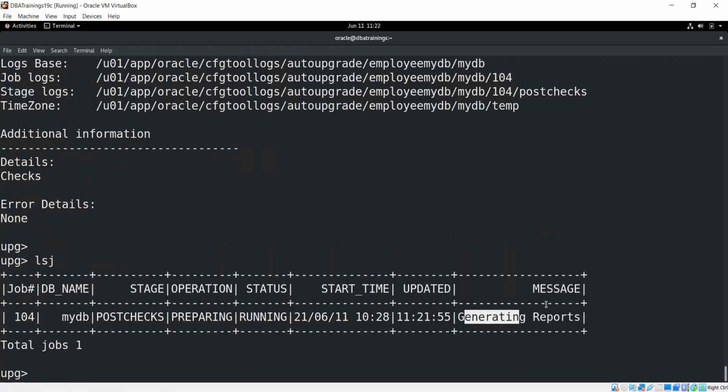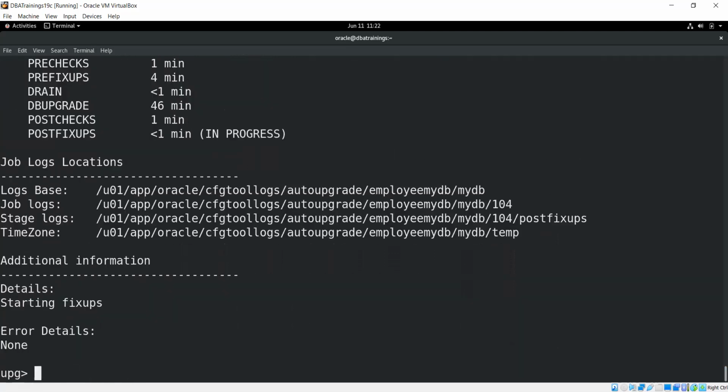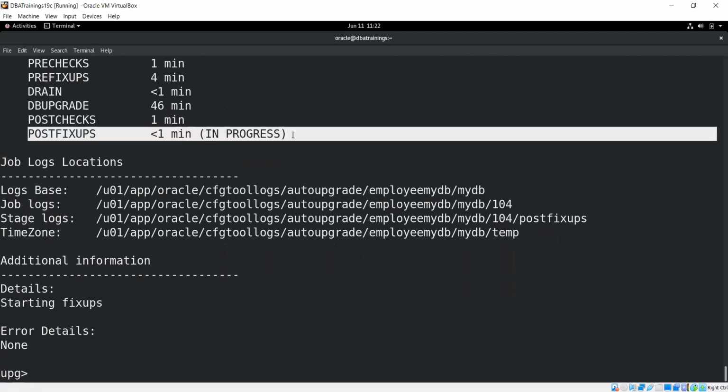Now they are generating the report. So it's doing the post fixup tasks.